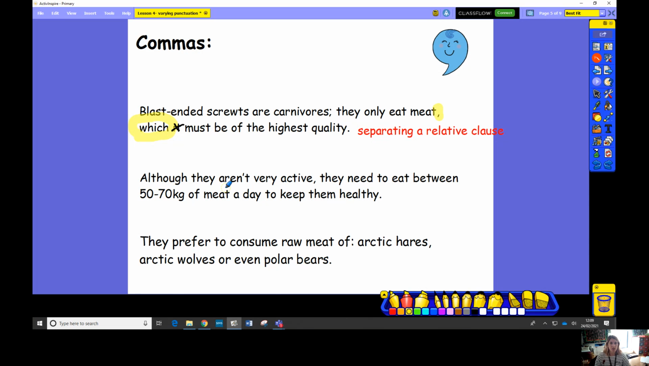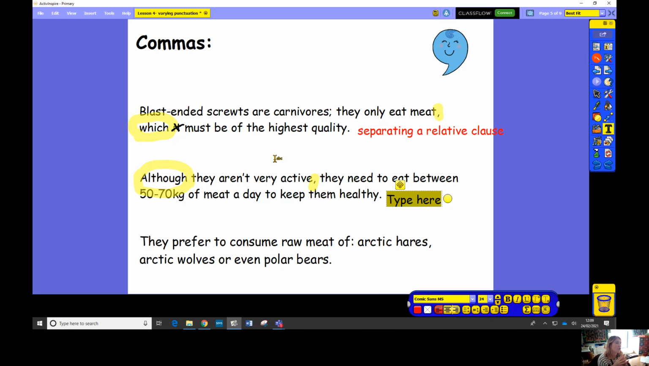Next one. Although they aren't very active, they need to eat between 50 to 70 kilograms of meat a day to keep them healthy. So that is here. Why is that used? So this is being used because of this kind of word. What kind of word is that? Does anyone know? It is a subordinate conjunction. So this is being used because it's separating a subordinate conjunction. And remember, your subordinate conjunctions start a clause, and it could be because, since, although, whilst, once, due to the fact that, despite. All of those words, they're often on a cloud sheet in the classroom. We would put a subordinate clause. So although they aren't active, we need a breath, so we use that comma. They need to eat between 50 to 70 kilograms of meat a day to keep them healthy. Okay, so to separate a subordinate